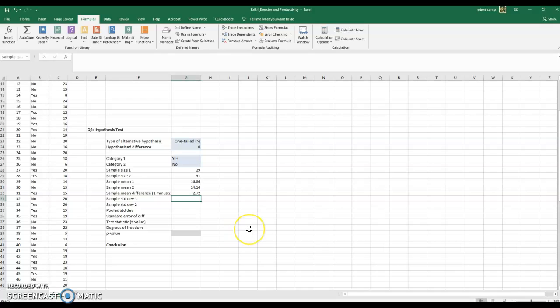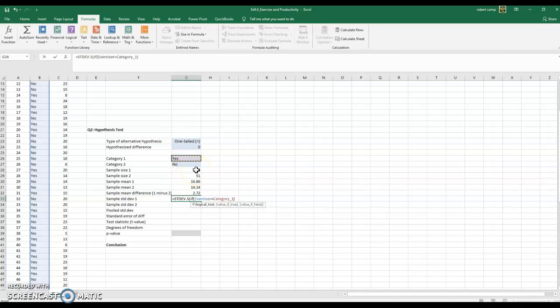So now we have to do the standard deviation. So stdev.s for the sample. Now remember, we're in a situation where we don't have a standard deviation if statement, so we're going to have to do this workaround, and we're going to write an if statement. And so the if statement is going to be exerciser, which is that first row of data, first column of data. If exerciser is equal to category 1,